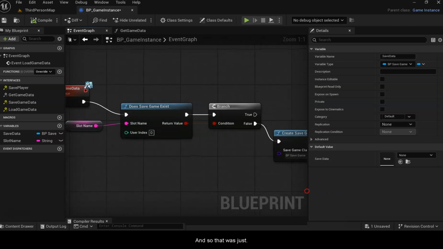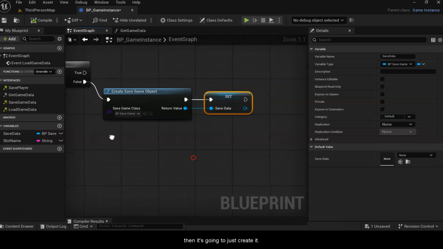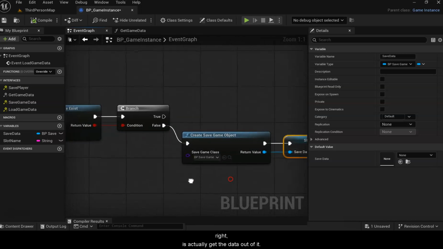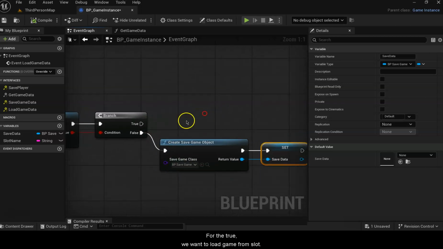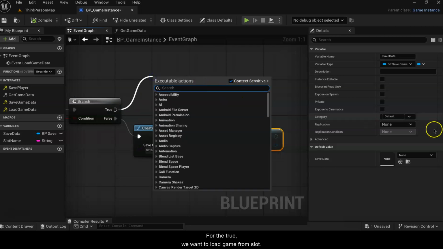And so that was just if the slot, what we called slot 1, does not exist, then it's going to just create it. So if it does exist, then what we want to do is actually get the data out of it. So for the true, we want to load